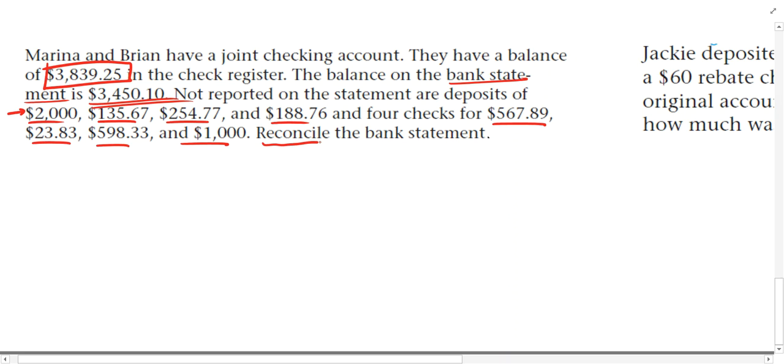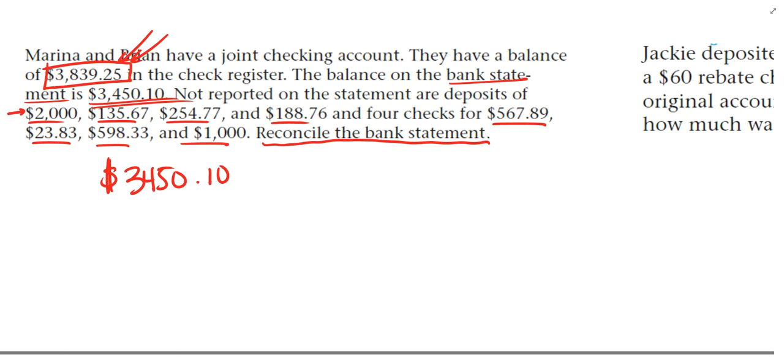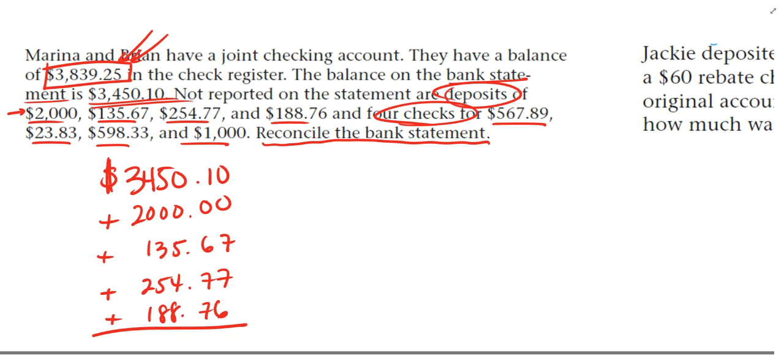So our job is to reconcile the bank statement. In other words, if we start with what the bank statement believes that's in the account, add and subtract as necessary the deposits and the checks that we have listed, does the total match what Brian and Marina believe should be in the account? You should recognize that deposits will add to our account total, so we'll add our deposits, and checks will remove or subtract from our account total, so we'll subtract those values. The sum total of the balance with all deposits is